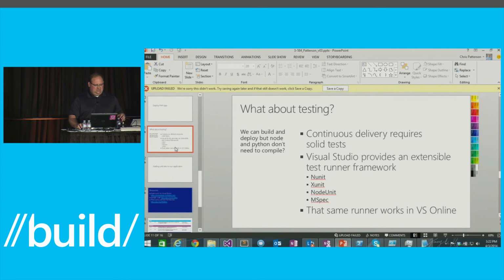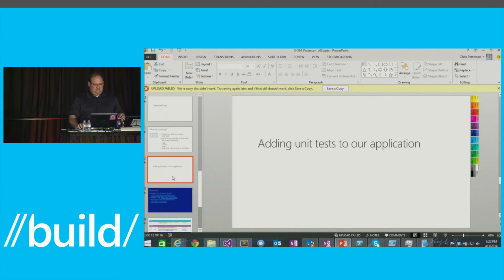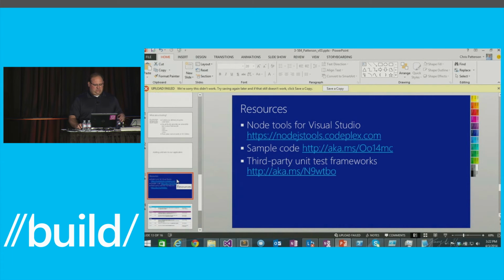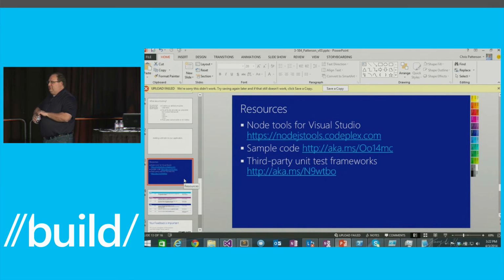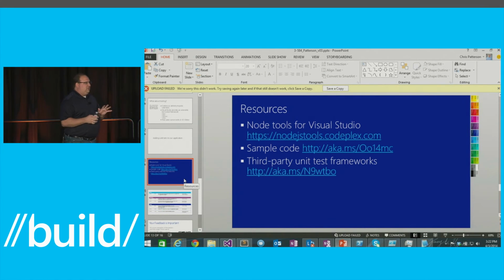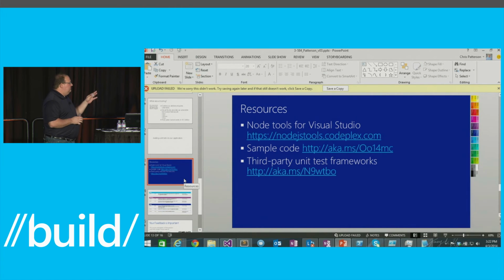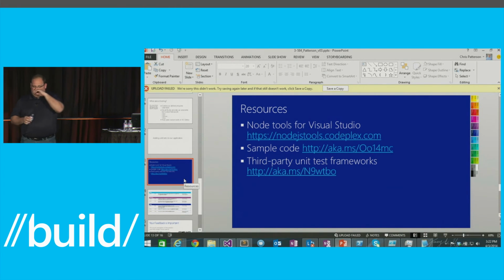PowerShell, testing frameworks, unit tests, resources. Okay. All right, so it's kind of a whirlwind tour through a bunch of different stuff. My general goal was just to try to get as much information about how to do different things with Build and VSO out. The aka.ms link there for the sample code, that's a repository,